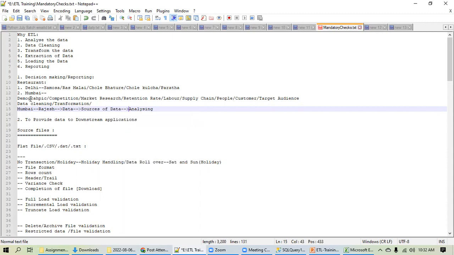Then finally I will join all these dots. So Rajesh has to gather data through multiple sources and they must be heterogeneous. I mean, if Rajesh went to Mumbai, he should not only cover South Mumbai, or only the slum area, or only the elite people, or only the professionals, or only the IT section. He has to gather data from multiple sources.